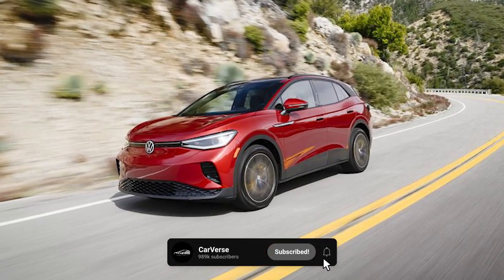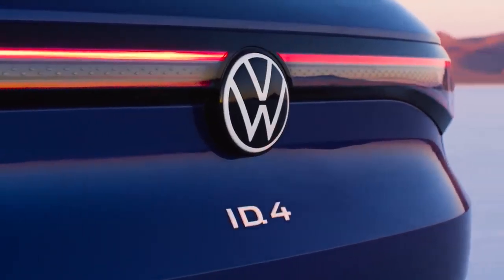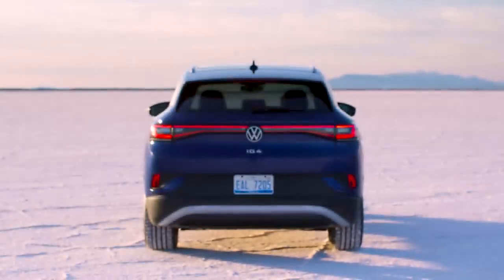Of course, it's worth mentioning that VW and most manufacturers recommend charging to only 80% of the battery level, unless you're going to